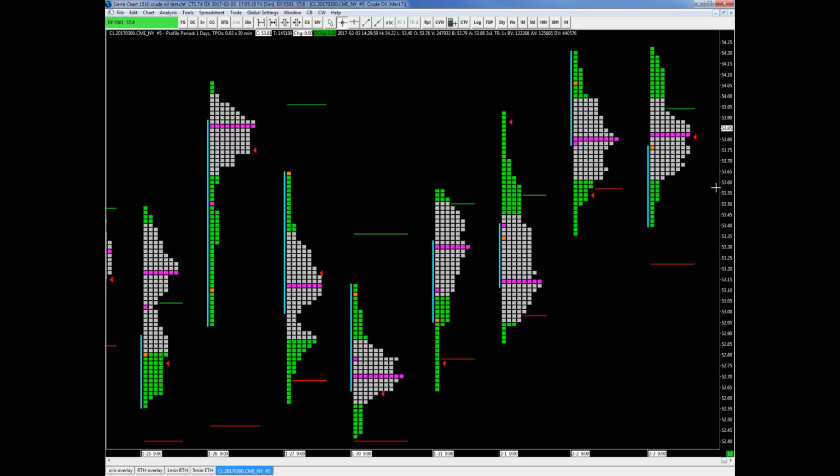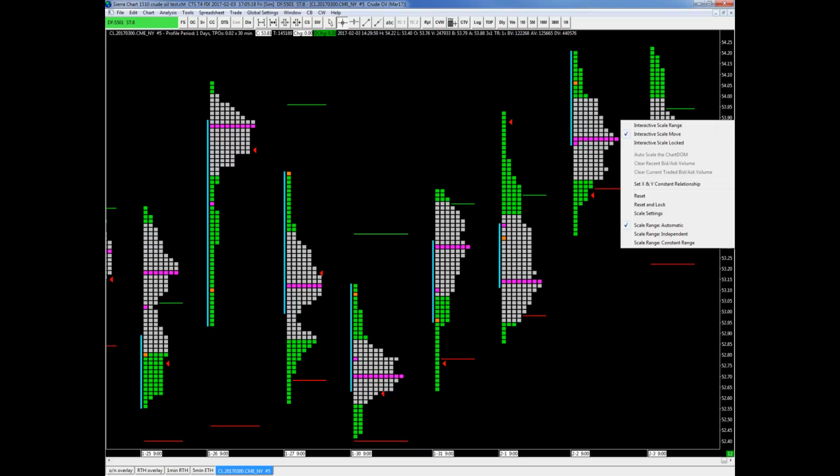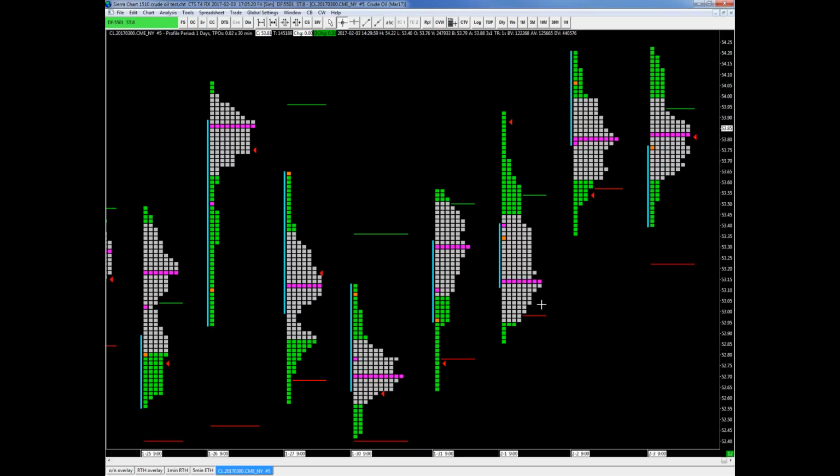All right, so it's very important with market profile, even more so than when I was talking about things earlier, to not have your scale adjust. And let me show you why. I'll teach you about this later. I'm just going to do this right quick. Letters, because we know